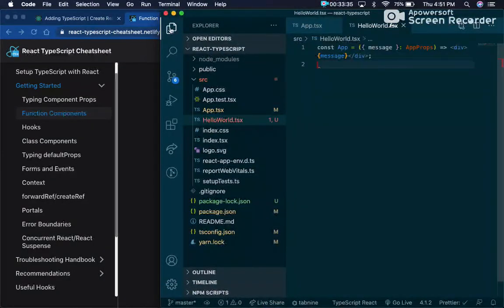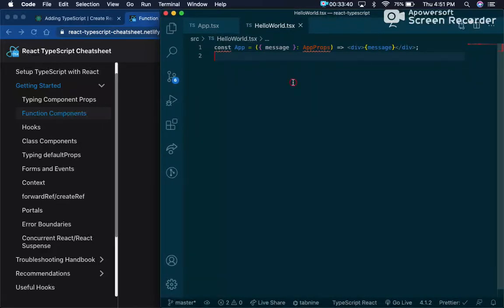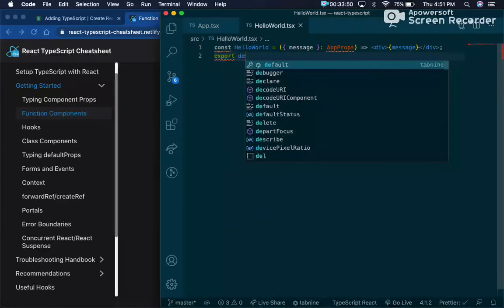It's gonna be our dummy standoff one. Okay, and then of course we gotta export this. Oh no, it's not called app, it's called hello world. Hello world, export default,